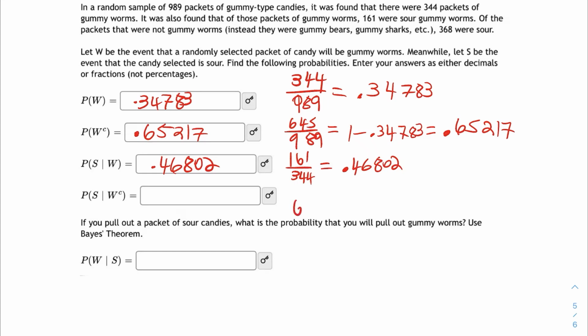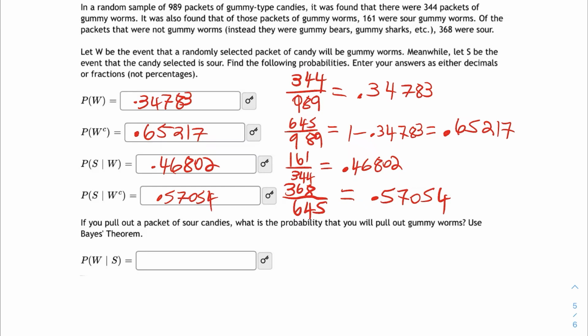So of those 645 non-gummy worm packets, 368 were sour. So that's 368 sour packets out of the 645 non-gummy worm packets. That amounts to a probability of 0.57054. And then they finally ask us to find the probability of